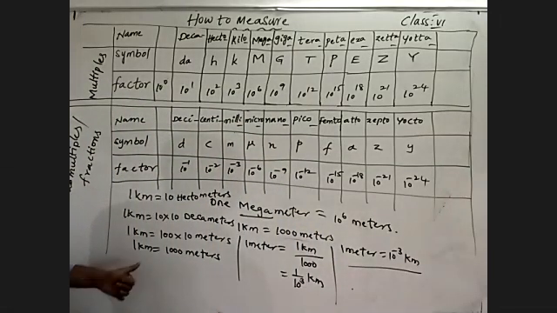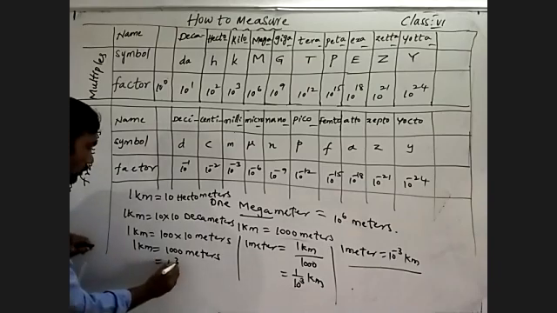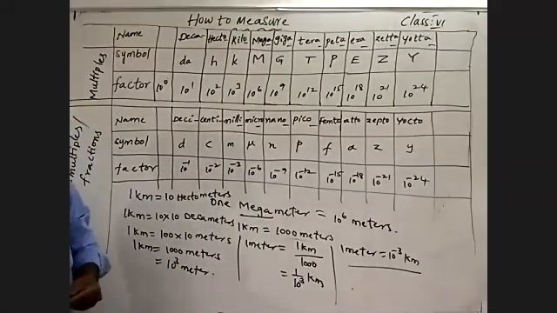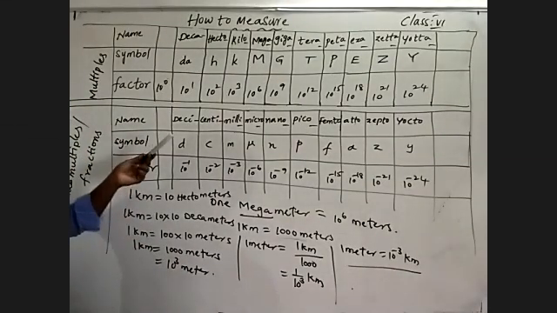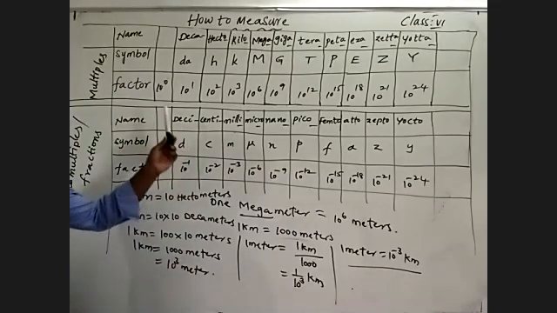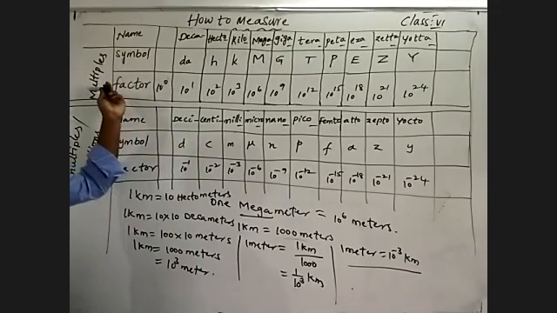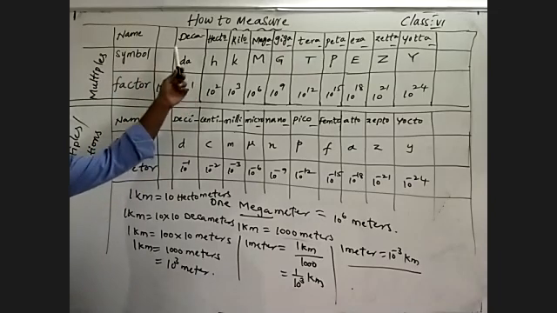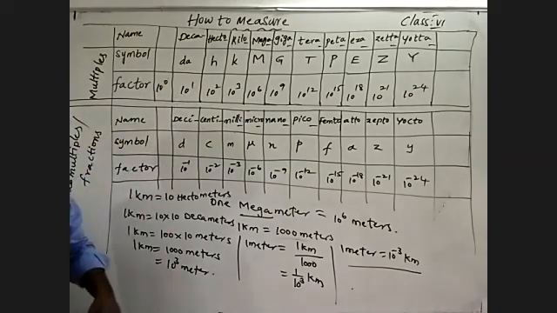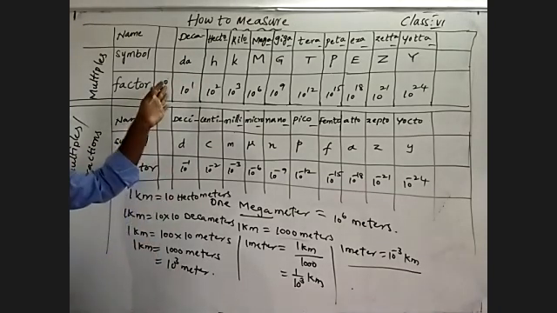Okay, kilo means 1000. Here what can we write? 1000 means 10 to the power of 3 meter. Is it or not? See, that's why it is very important to remember and learn what those multiples are, with their symbols, names of the symbols, and how to measure with the factor. What is the numerical value? It is equal to that.